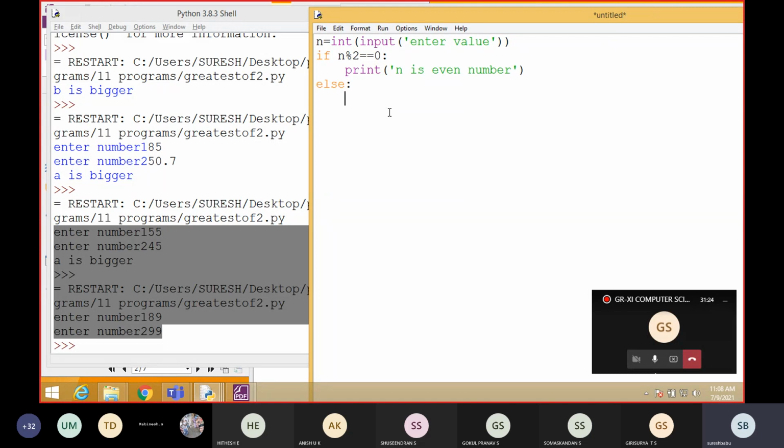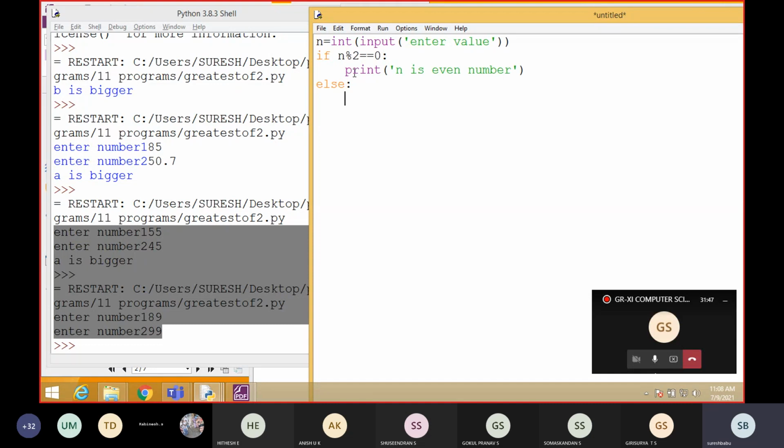And definitely, students, one more important thing is indentation. After the if, these are in a straight line, starting from the first position, but inside the if we are giving some space. This much space is called indentation. Then only it will become a block.